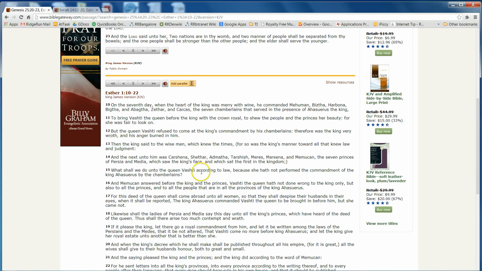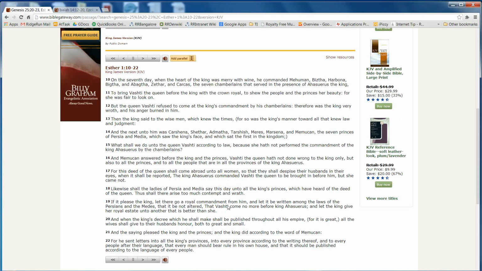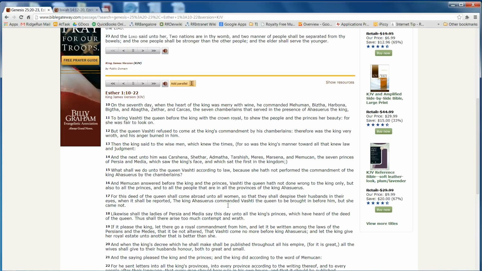So the king called for his wife, and his wife refused to come. And the wife was being called to come by seven, I think it was, chamberlains or princes, and she refused. And so the king basically set her aside and made a search out while he decreed a law that they should be subject to their husbands. And then he set a search out to find his wife Esther. And now Brother Danoon shows that there's an obvious kind of allegory in here where King Ahasuerus is a type of God,